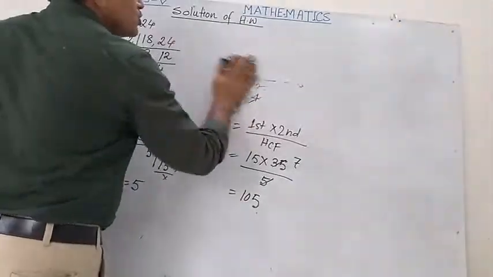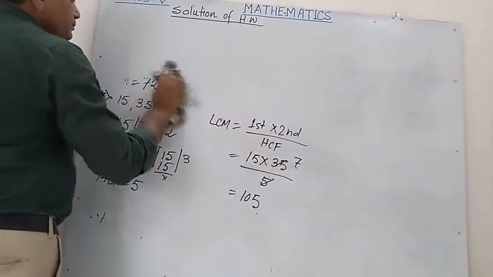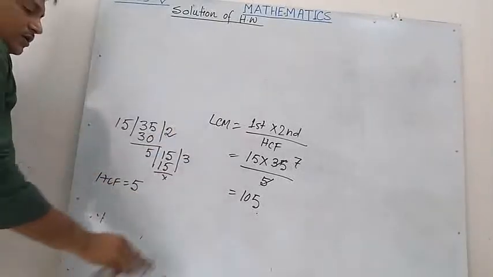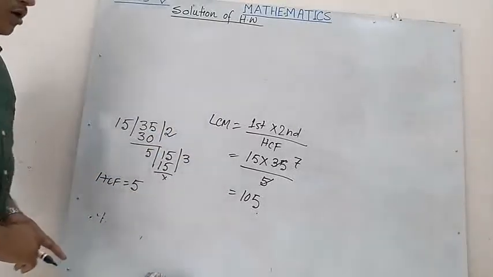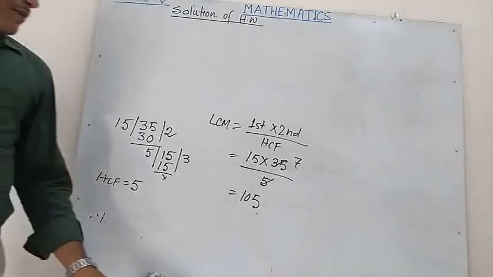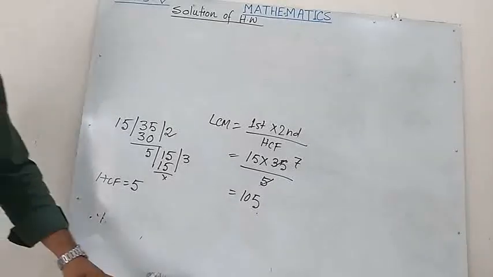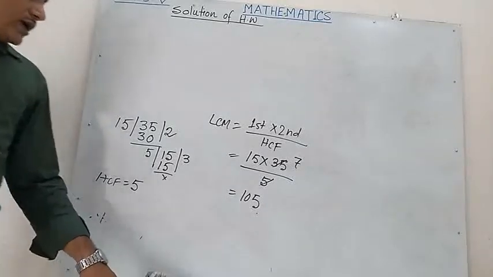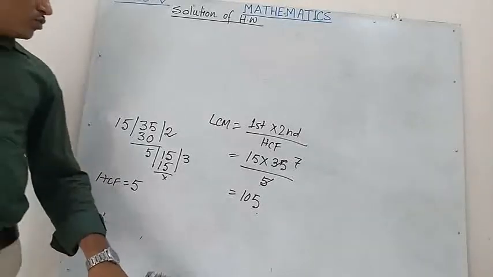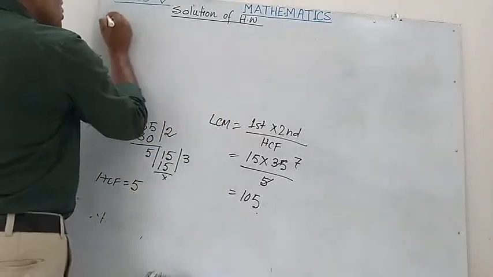Next, question number 8. What is question number 8? Find the HCF of 48, 56 and 72 by factorization method. So